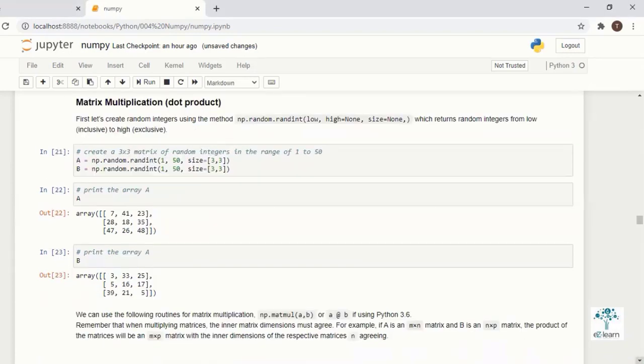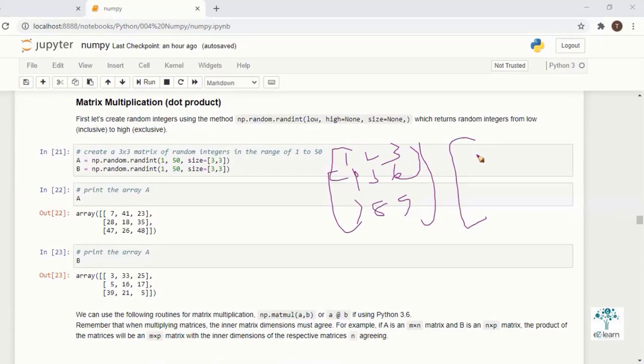Through matrix operations, some dot product multiplies that matrix. That is called matrix multiplication in linear algebra, right? How are they getting multiplied: 2, 3, 4, 5, 6, 7, 8, 9. Okay, we have a matrix. Here also we have 1, 2, 3, 4. The first value multiplies with these values, the second value multiplies with these values, and the third multiplies with these values. After that, you have to sum up all the things.